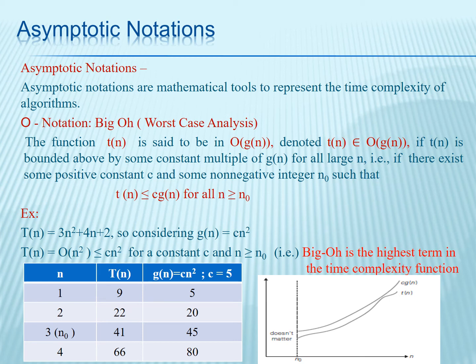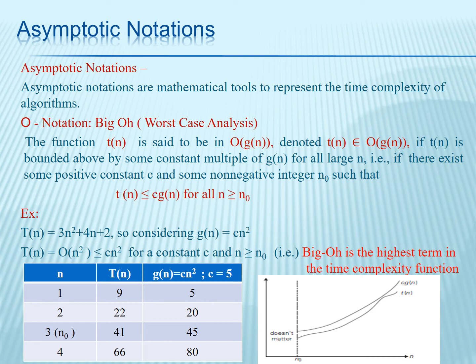That is, if there exists some positive constant c and some non-negative integer n naught such that t of n is less than or equal to c multiplied by g of n for all n greater than or equal to n naught. For example,